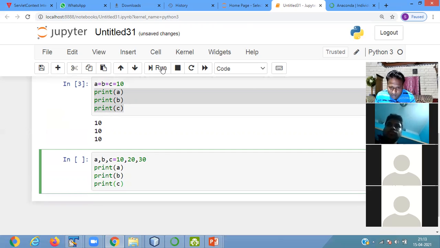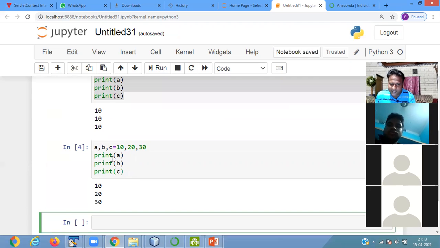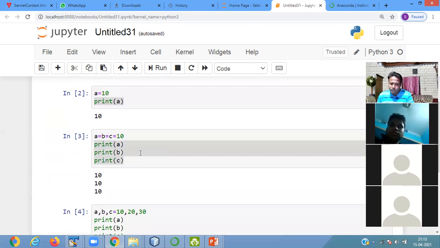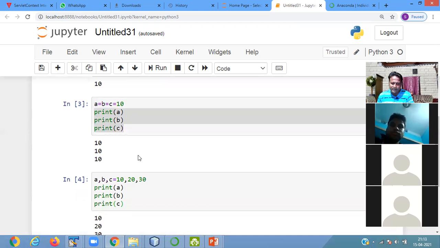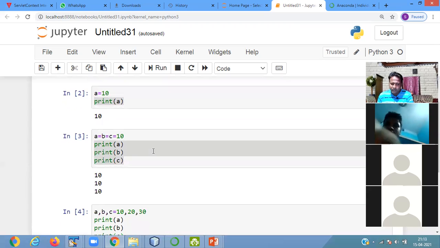Here it will show A's value as 10, B's value is 20, C's value is 30. So it is present serially: A is 10, B is 20, C is 30. In this way we define the variable. So this is the way of defining a variable.